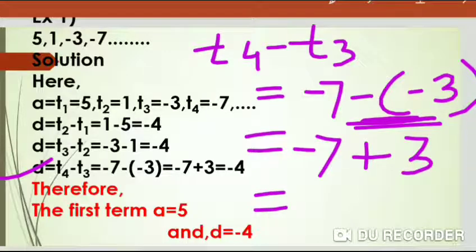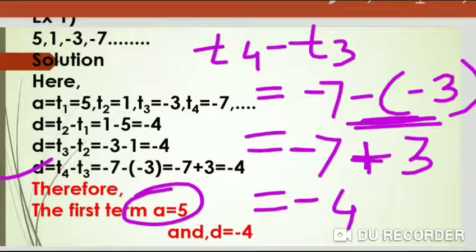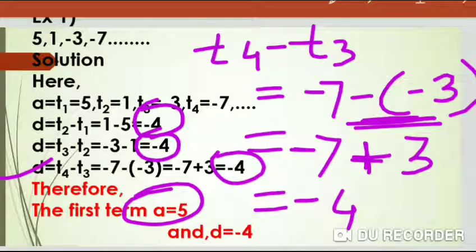Okay. Again minus plus. That means here we do the process of subtraction. Okay, here the answer is 4 and minus plus is minus, therefore the sign is minus. Understand, student? That means here we find out the first term a is equal to 5 and all the terms bearing common difference is equal to minus 4.